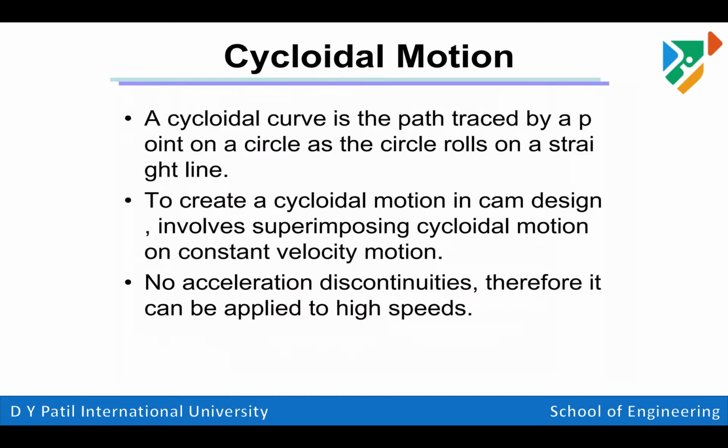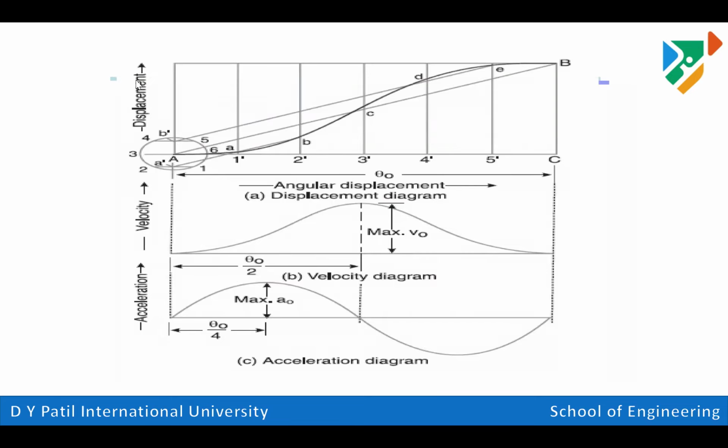Okay. So basically, in cycloidal motion, there are no discontinuities. Acceleration changes smoothly, and we can transmit the motion at high speed. To create the displacement diagram for cycloidal motion,